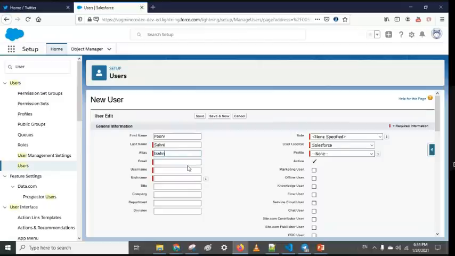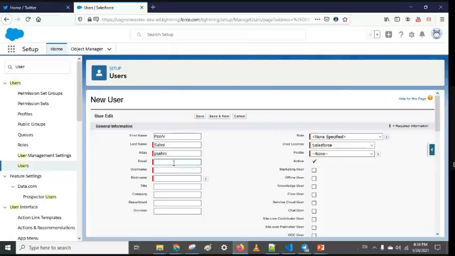Alias is actually used, for example, when the name is very big. If you have seen the reports, in some reports the alias is shown instead of the created user, instead of showing who created that record. So this is also an identification of who has created the records in our system. At least the report will be showing this alias only.